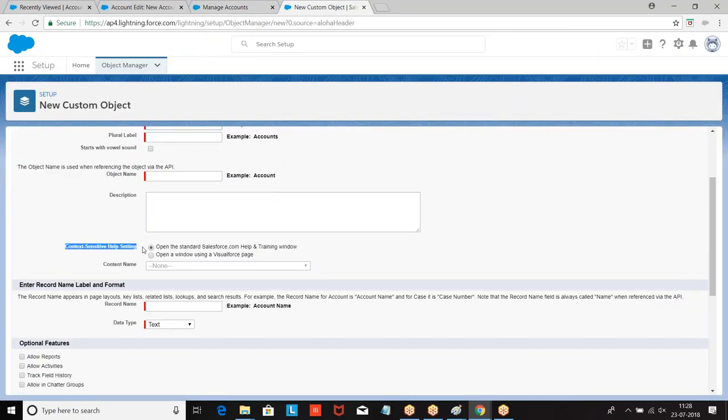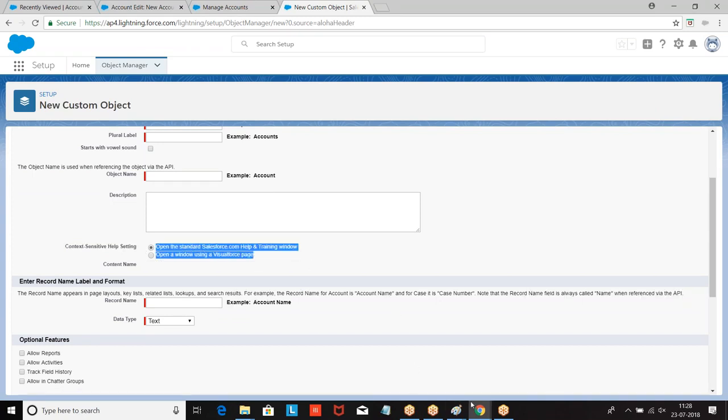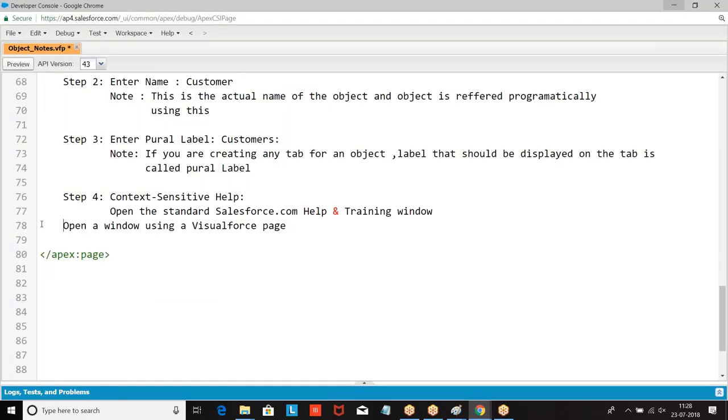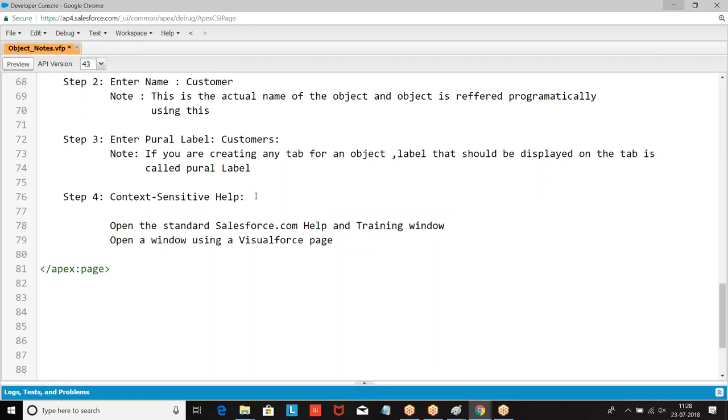Context sensitive help. Now they are giving an option for you. Boss, do you want Salesforce to control it or will you define your own? On every object, Salesforce will create one standard link for this page.